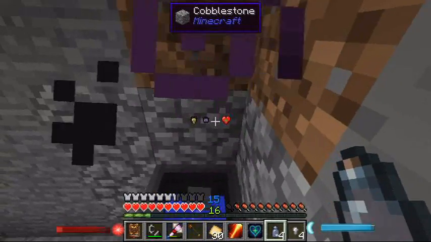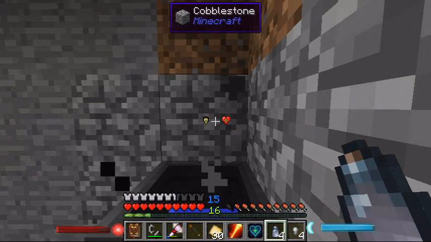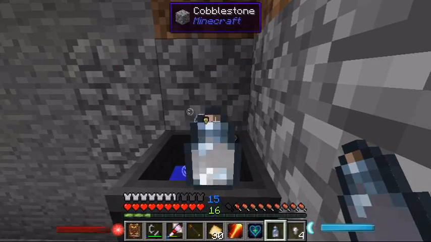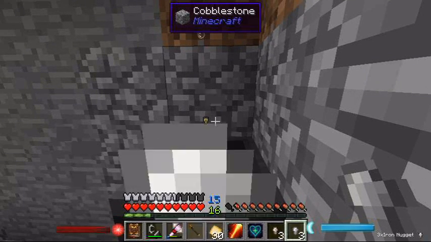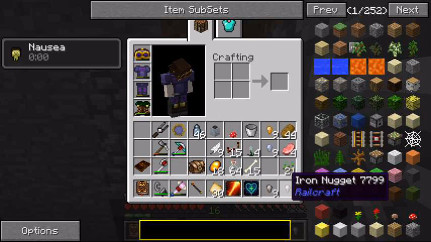Chuck in Metallum. Seriously, I need to stop doing that. So, chuck in the Metallum, and then chuck in some nuggets. Let's just chuck all of that in, because we've got plenty of space in there. And we've got 32 Metallum in there now, which is probably a lot more nuggets than I've got. And we can just convert these nuggets straight back into...